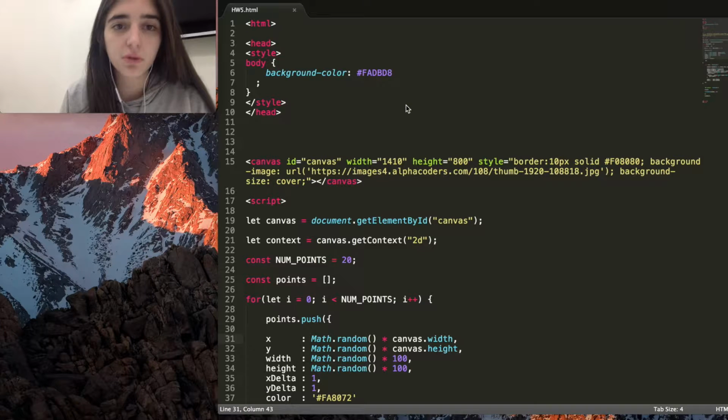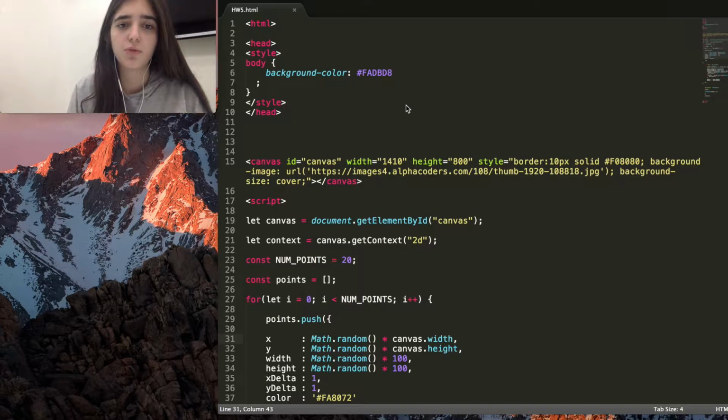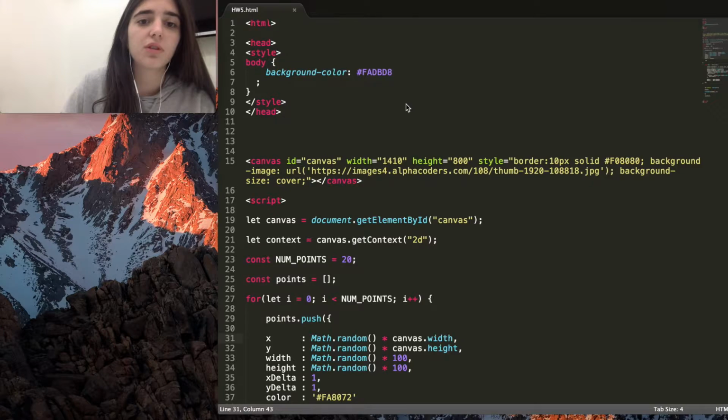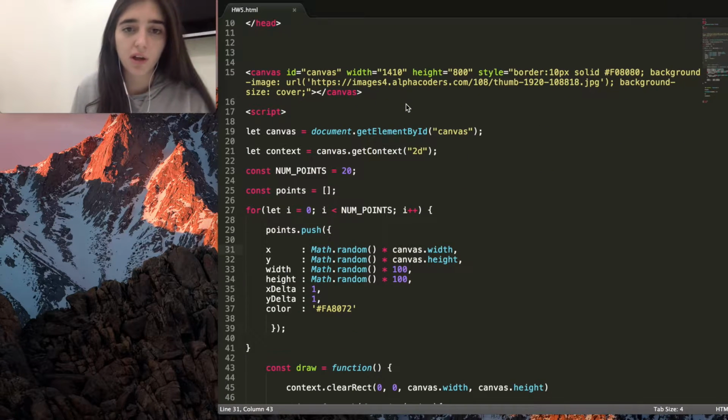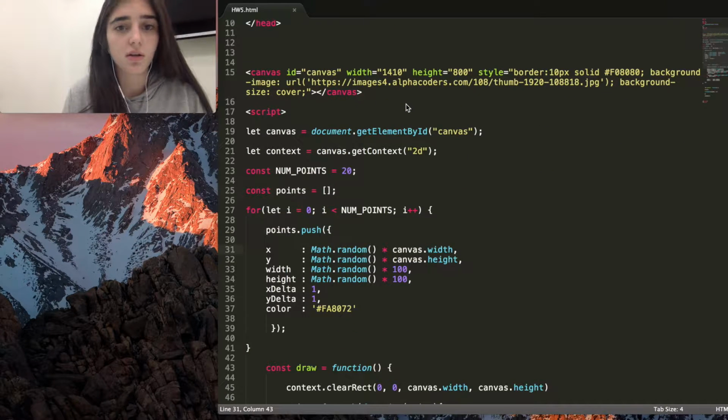So to start our code, we have to have our HTML first, and if you want to give your HTML a little CSS styling, you can write a background color and give it a color. It's up to you. And then after finishing the HTML, we're gonna start our canvas, which is gonna have its